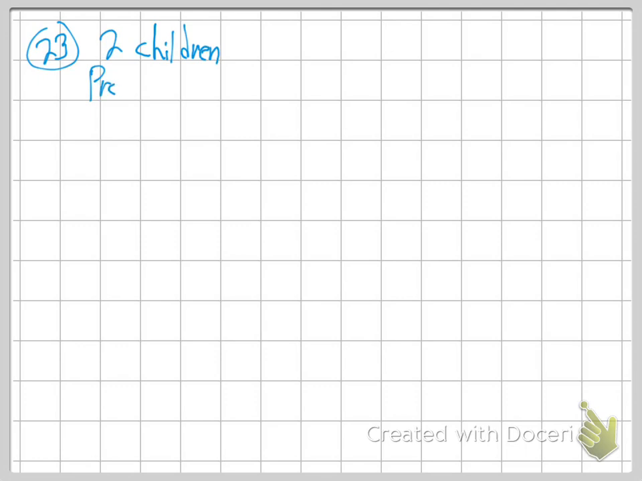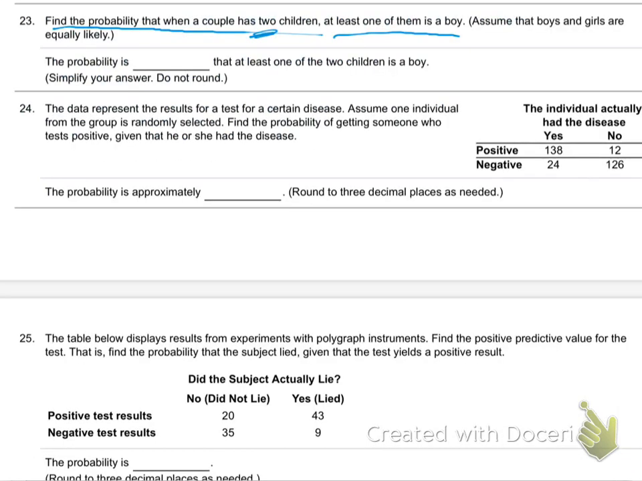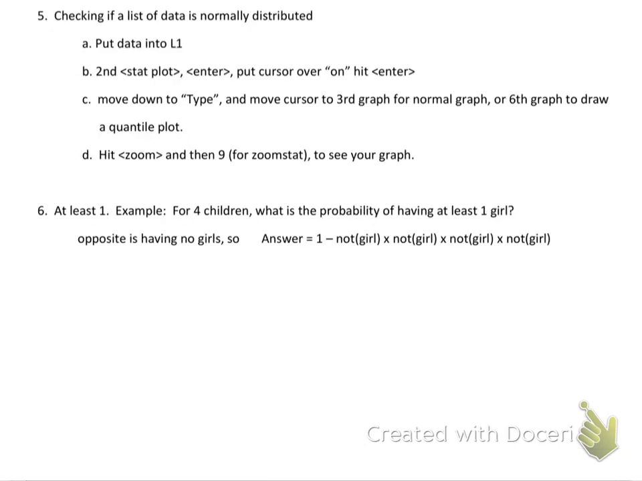Children, probability, at least one boy. Is that what it said? At least one is a boy. Okay. Well, here I am. This is the notes. This is the exam